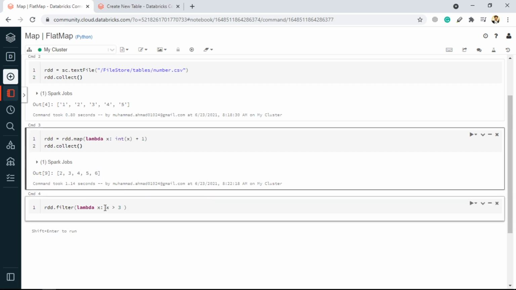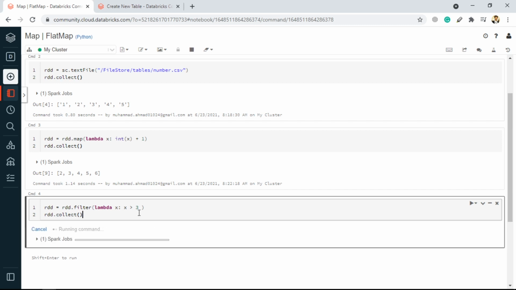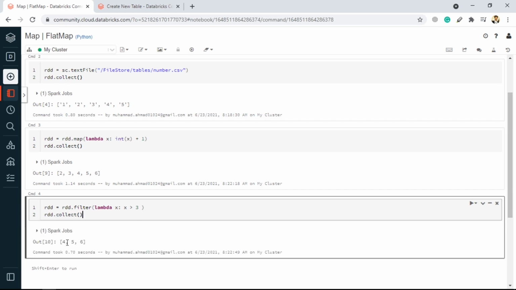Now we are applying filter and checking that if the particular element that the filter is providing to the lambda function is greater than 3, then we want to consider it, otherwise we don't. Let's put it inside this RDD, and then if we go for rdd.collect, you will notice we will only get the numbers that are greater than 3.